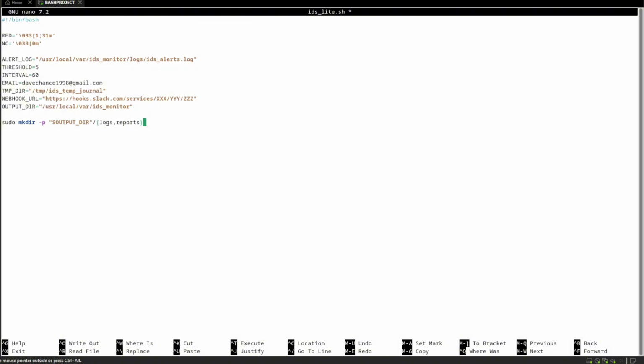And then we're going to use the AND operator because I don't want the script to run if there's going to be errors early on. Then after that, we are going to create the alert log using the touch command. Simple as that, and I forgot my dollar. Whoops. Okay. And then we're going to use the AND operator again for each of these directories and permissions that we're giving,